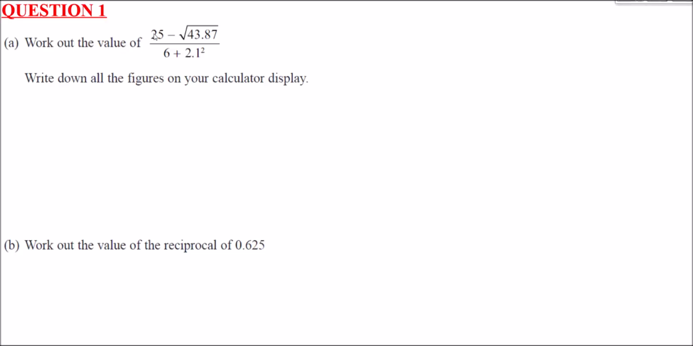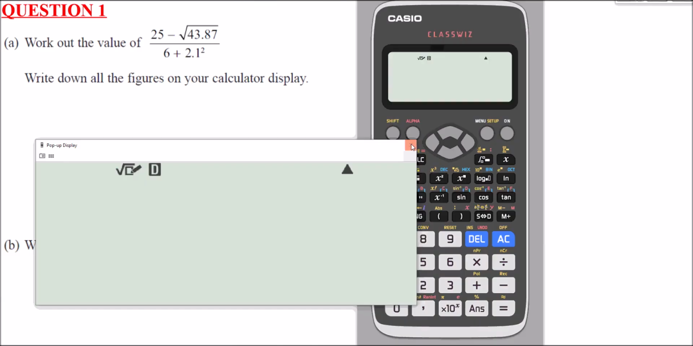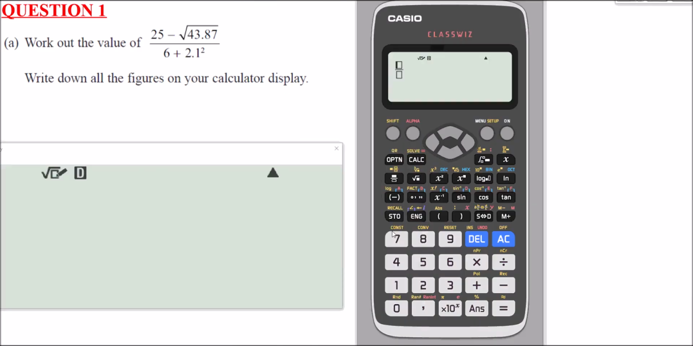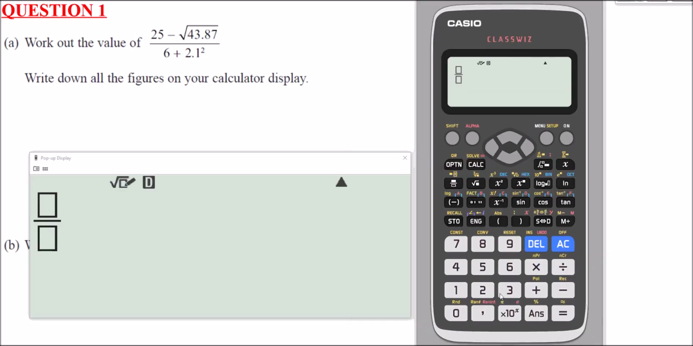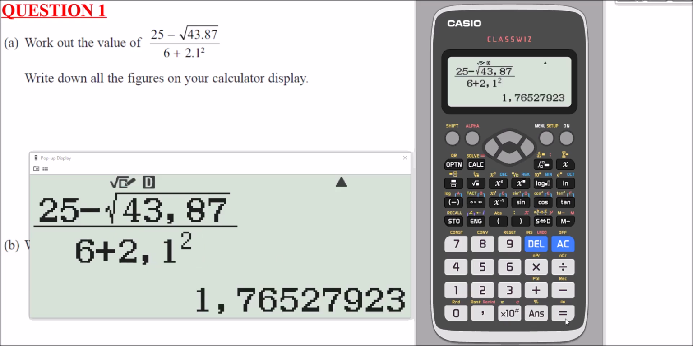Question 1, we have to work out the value of 25 minus this square root all over 6 plus 2.1 squared, writing down all the figures on your calculator display. So get your calculator ready, and as long as it's a good calculator, just type it in exactly as it looks essentially. So what I've got here, I've got a fraction, so type the fraction line. Now I'm going to do 25 on top minus the square root of 43.87, all over 6 plus 2.1 squared. My decimal looks like a comma, don't worry about that, that's a European version. So if I press equals now, I get